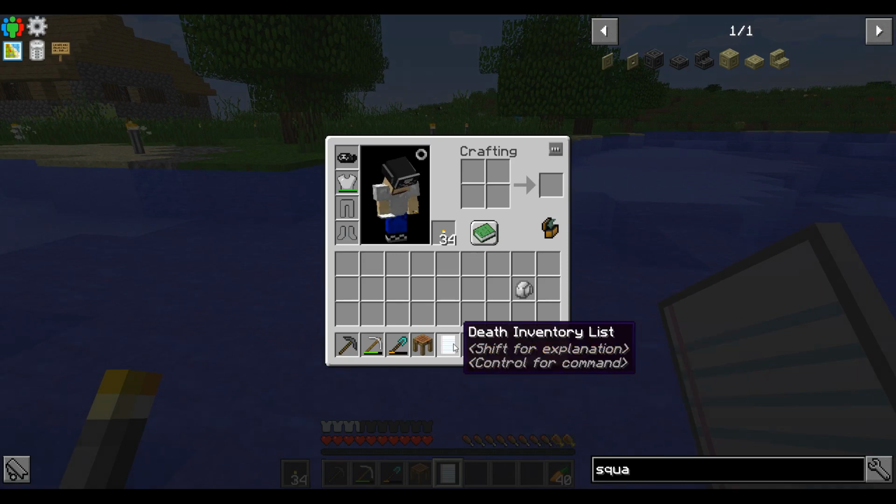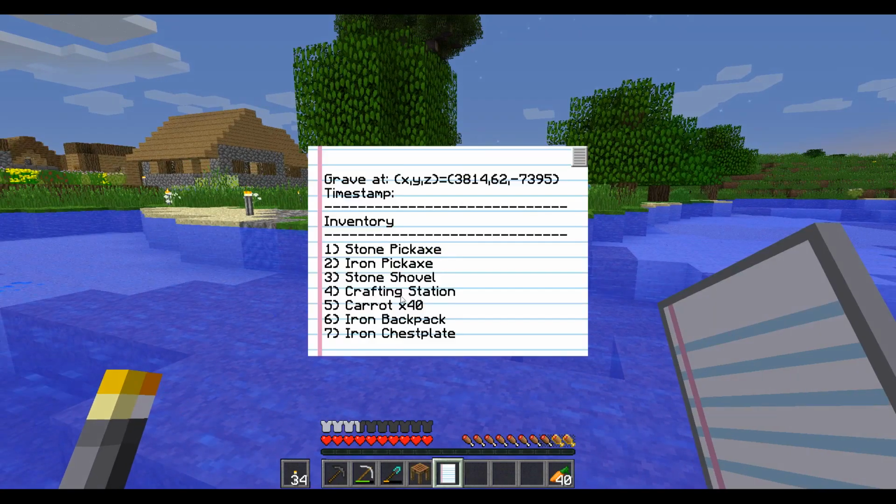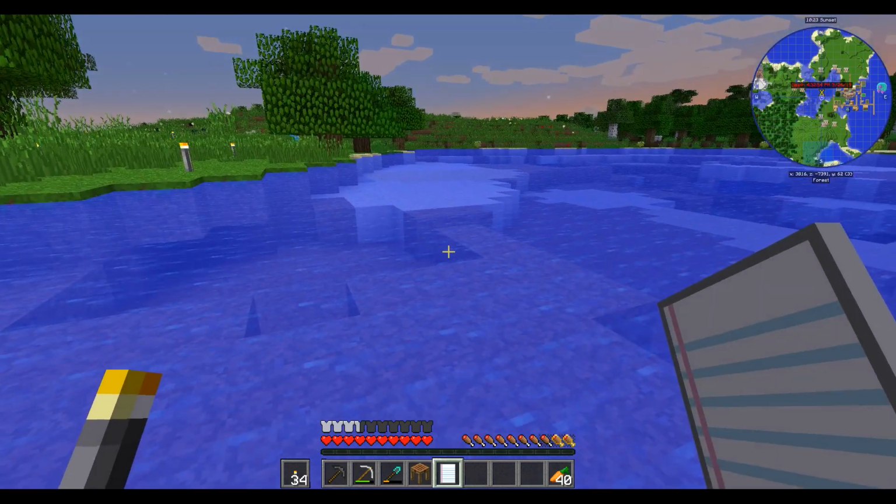Drop from your inventory to destroy. And let's see what control does. Just tells me all that. So yeah, that was everything I had when I died. So let's go ahead and just...